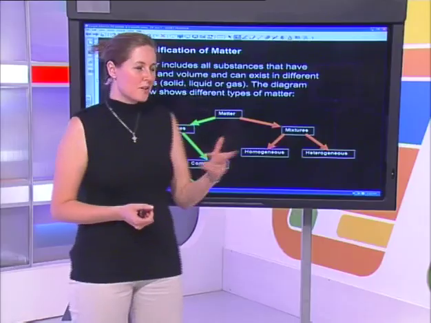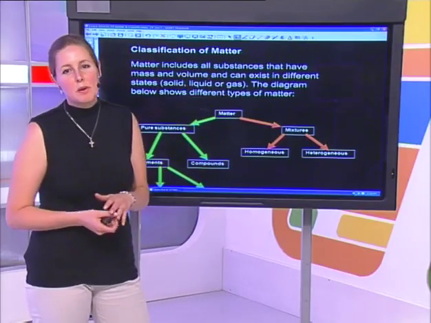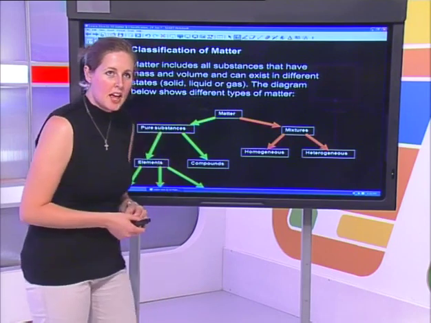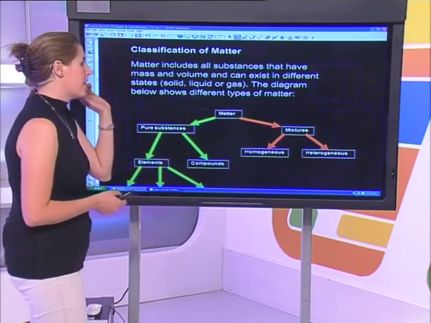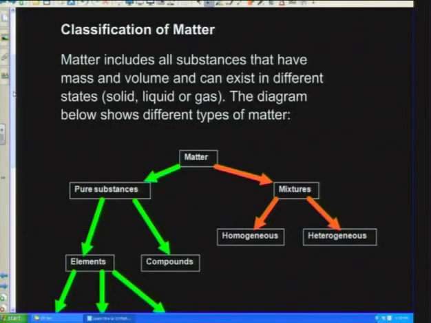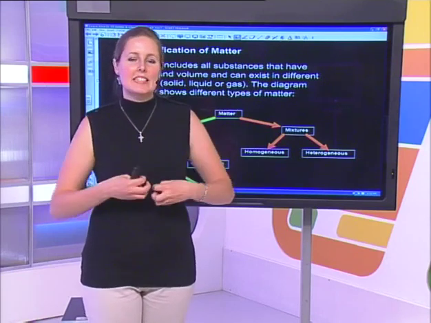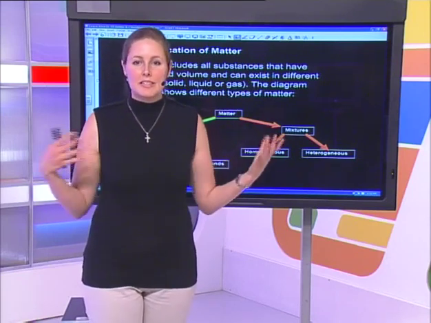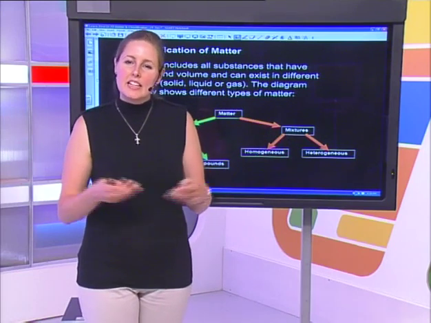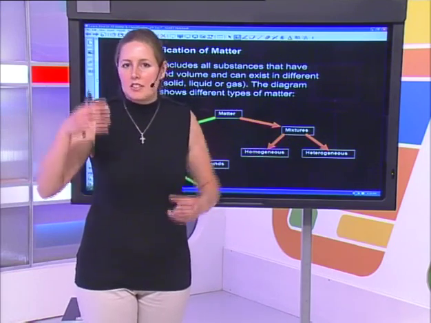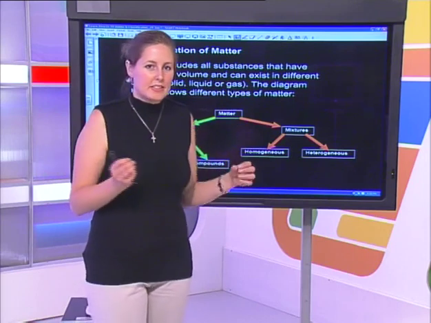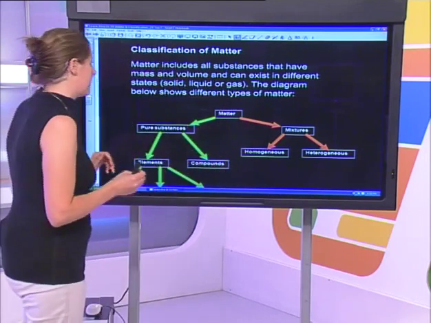Thanks, Ty. We've got quite a bit to get through, and this is probably what you would see in your textbook. So let's have a quick look as we go through the classification of matter. Because we have these various properties of matter, things like electrical conductivity, things like magnetism, we want to investigate them and see if we can classify the things that we see around us, the matter, into elements, compounds, mixtures, and all those types of things. So let's have a look as we go through.